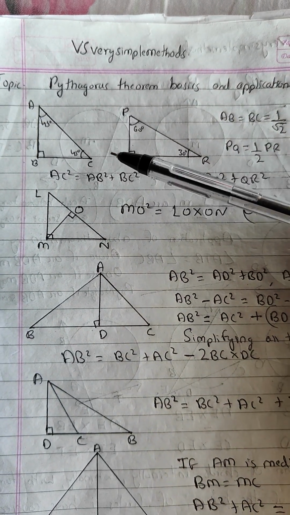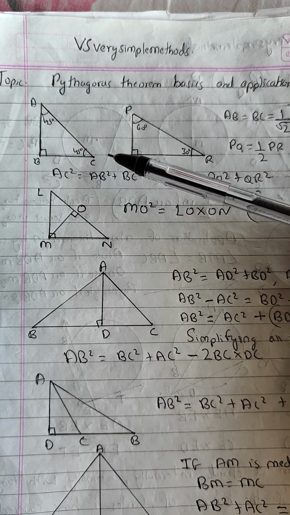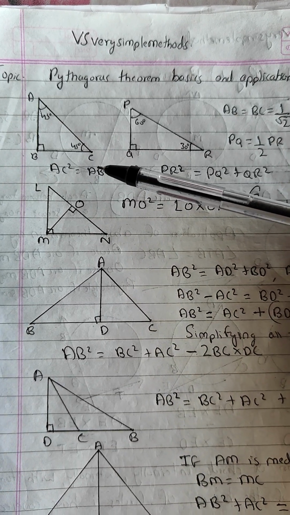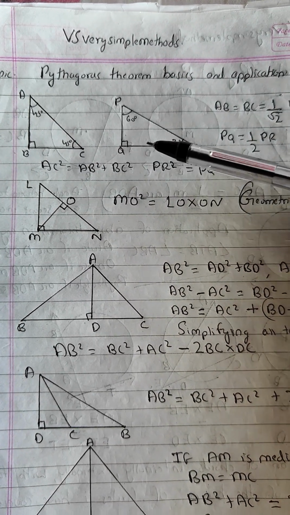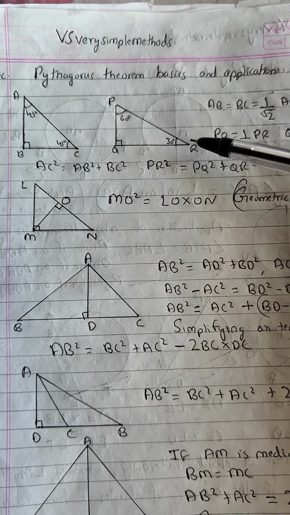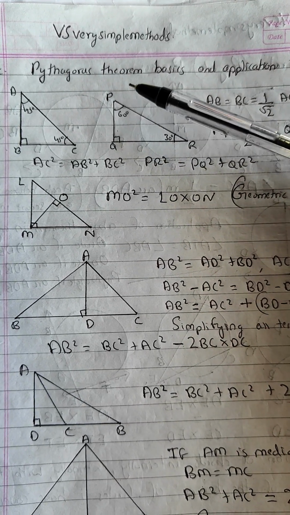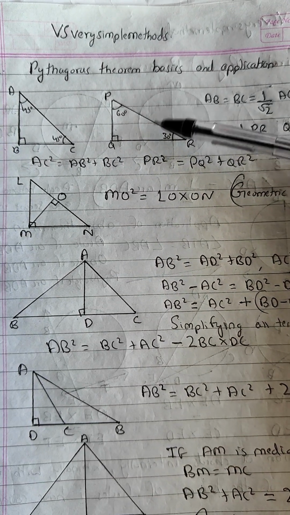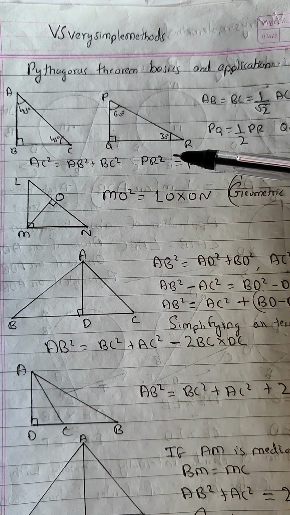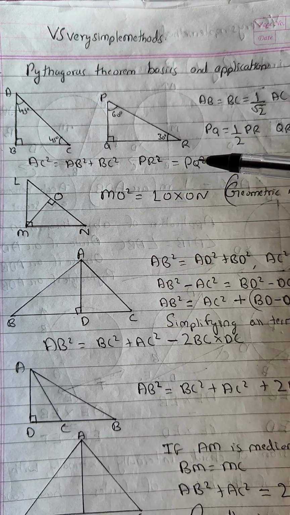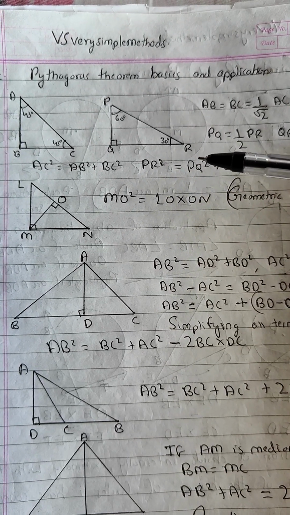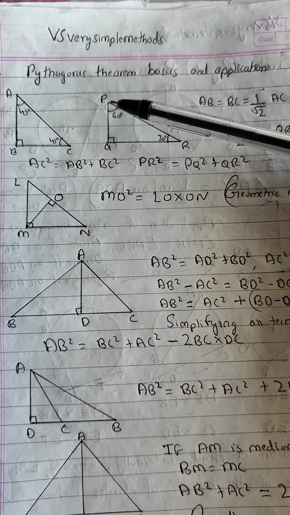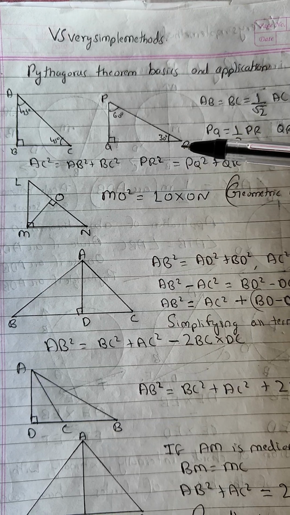In this triangle, you can see side AB and side BC, both of them look equal in size. But in this triangle, the side which is opposite to 30 degrees, that is PQ, looks very small compared to the side which is opposite to 60 degrees, QR. What I mean to say here is that many students make a basic mistake: they don't consider the size of the sides compared to the angles.